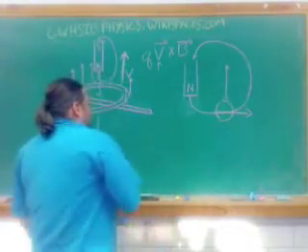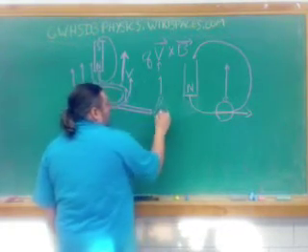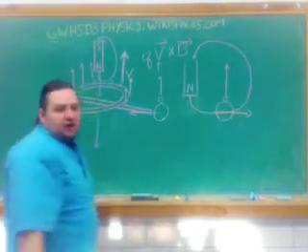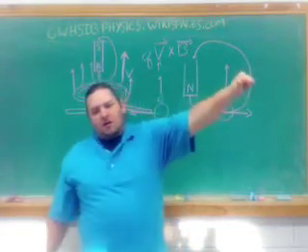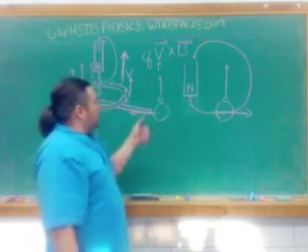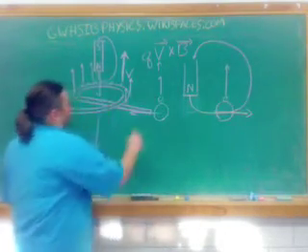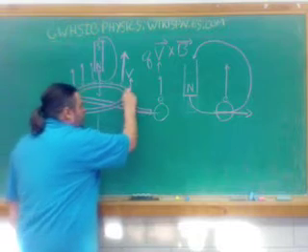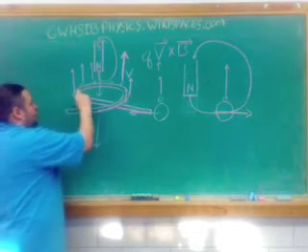If we look at the other side of the coil, this side, the velocity and the magnetic field are in the exact opposite direction. So I'm pushing the electron this way. And on this side, I'm pushing the electron into the void. So every single electron on this side is being pushed this way, and every single electron on this side is being pushed